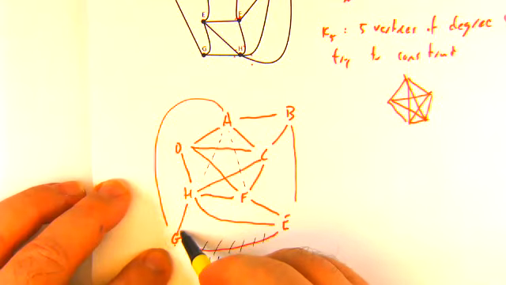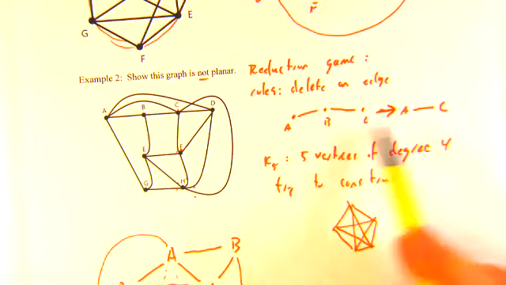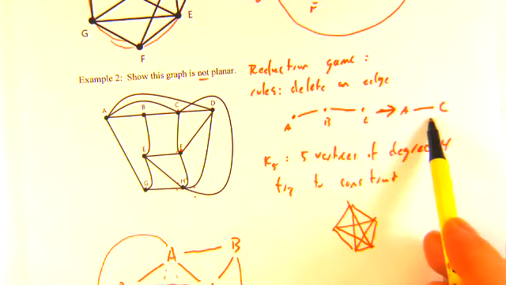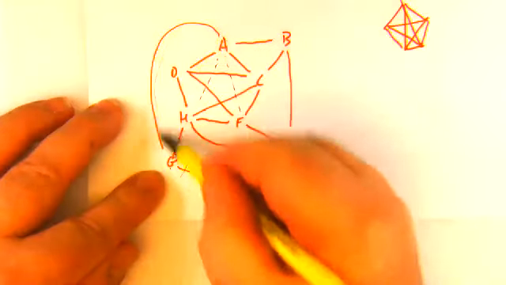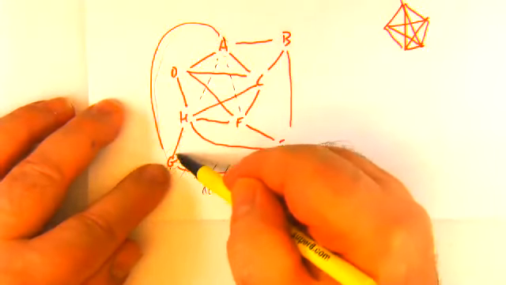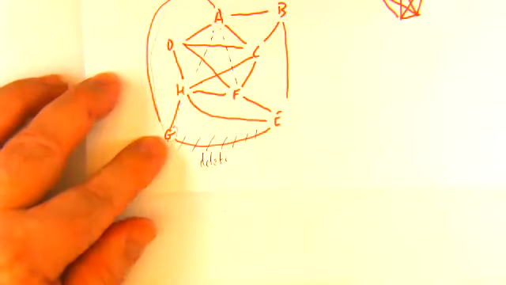This is a degree 2 vertex. A degree 2 vertex, I can delete the vertex and end up with a line connecting the outside vertices. So I can take this path, AGH, since G is the middle degree 2 vertex, and I can just replace that